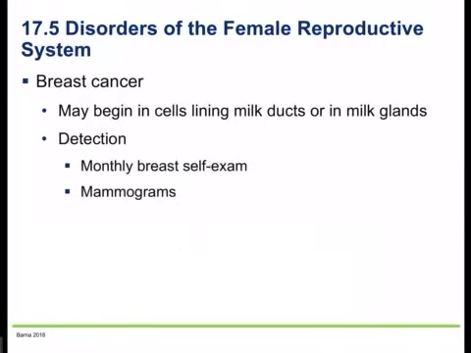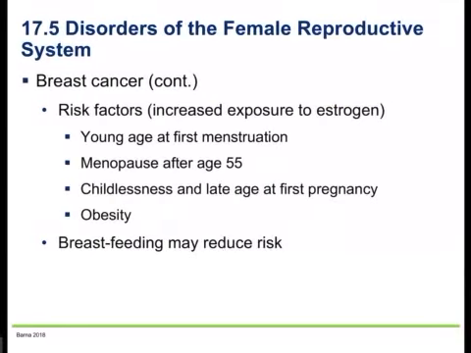Breast cancer, I'd mentioned this before, it may be in the milk glands or it may be in the ducts there. So monthly breast exams, and then at the age of 40, it's usually recommended that you get a screening technique known as a mammogram. And so they look at different things such as the time you got your period. So usually early onset menstruation, early age, menopause later in life,